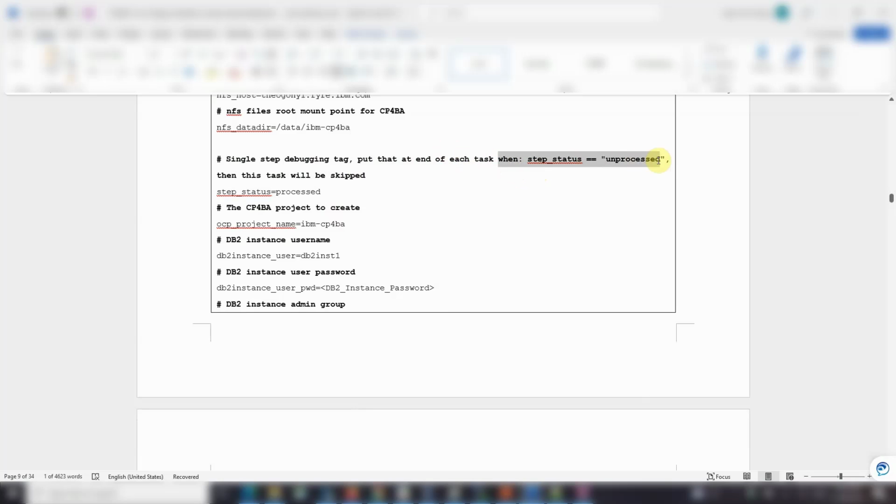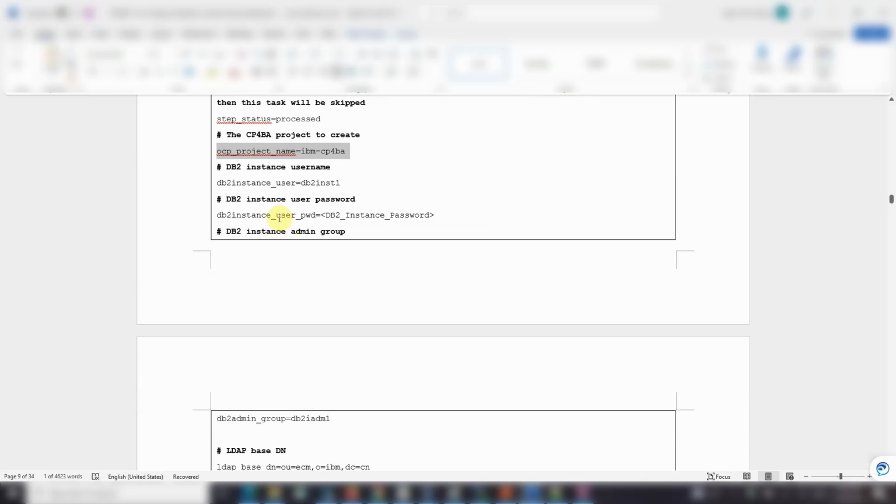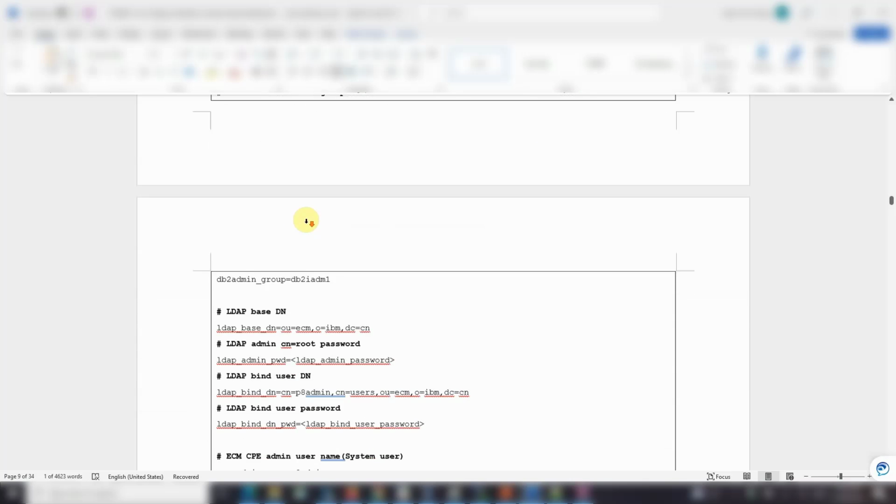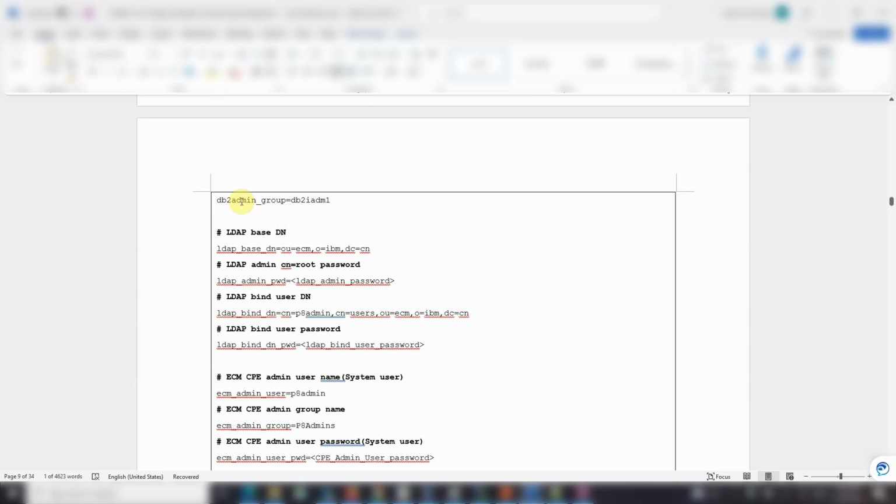that we put at the end of each task. Like we were using the when, okay, step status equals unprocessed, then the task will be skipped. And also the CP4BA project to create, and you can see this is some redundancy. You already see that in the namespace. This is the OCP project name, and also the DB2 instance user